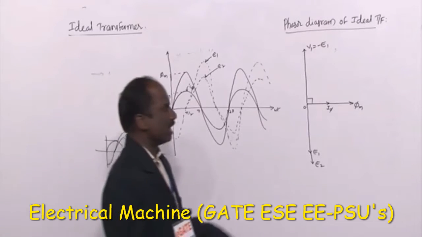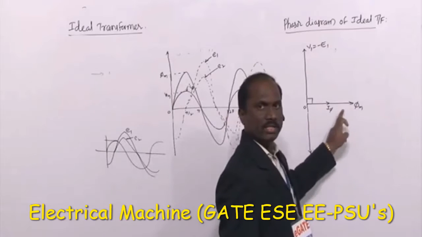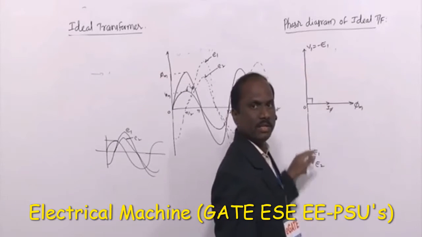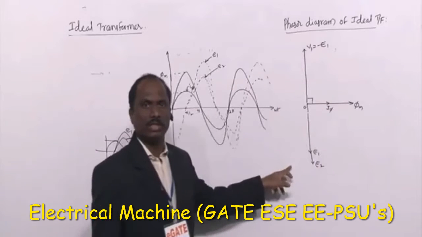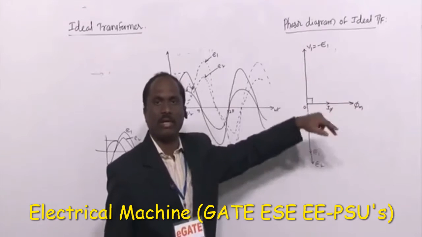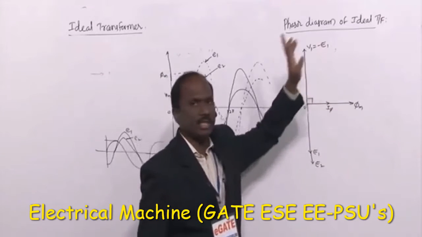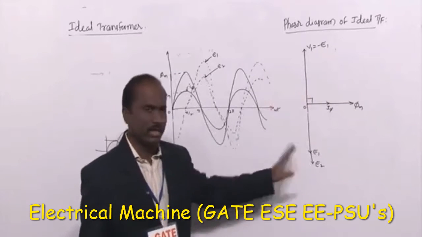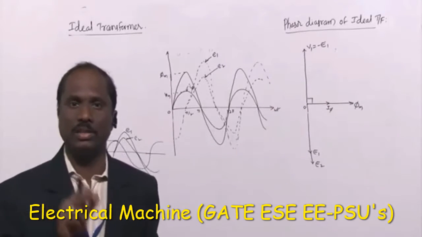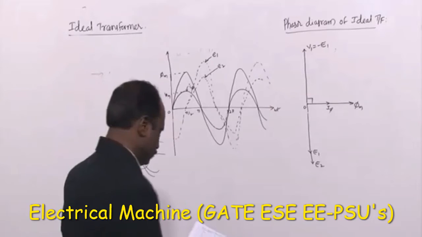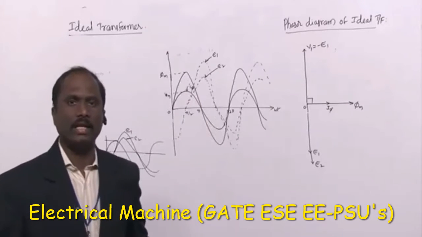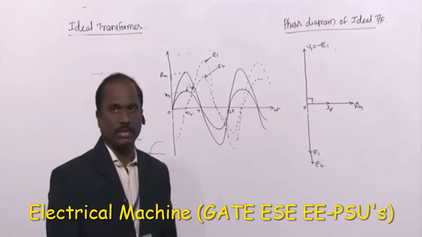Coming to the phasor diagram, this is phi m. I phi is in the same direction. Voltage V1 leads this flux by 90 degrees. E1 is in phase opposition to this, so we are taking E1 in the reverse direction. V1 and E1 are both equal but opposing, that's why V1 is equal to minus E1. E2 is also acting in the same direction as E1, because this is also opposing the very cause of it. So this is the ideal transformer under no load conditions.